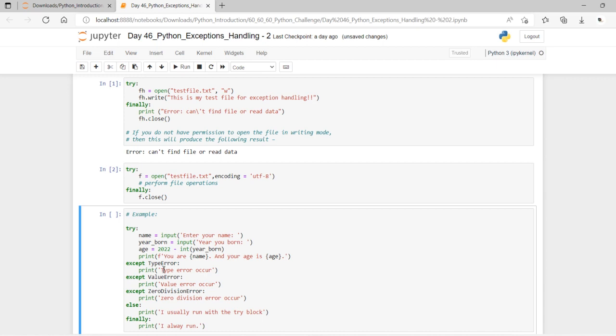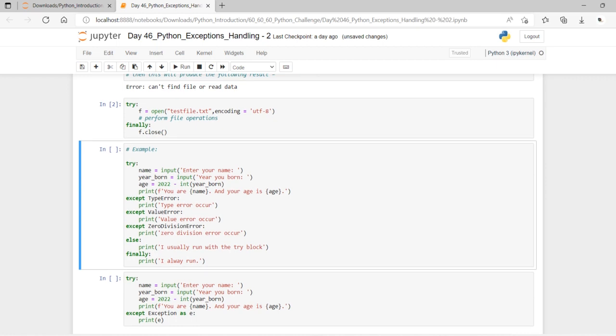And after that, if there is no type error, or no value error, or zero division error, it goes for the else and makes the printing. And here it prints, I usually run with a try block, and at last, finally, we are having I always run.